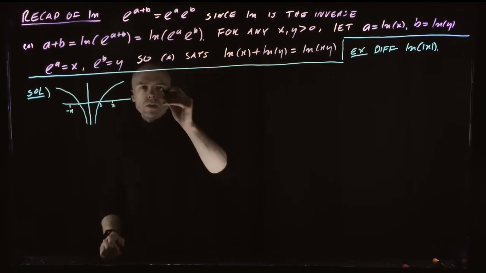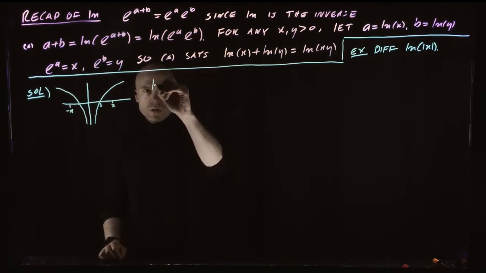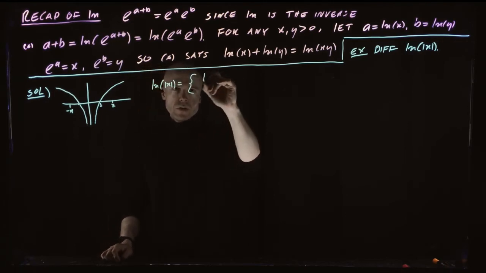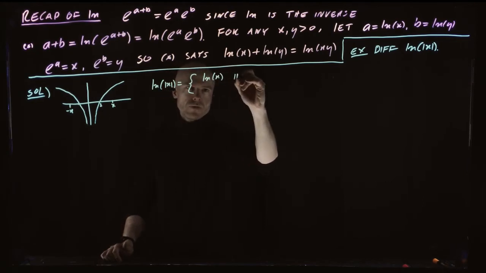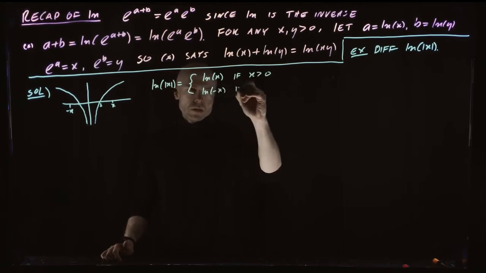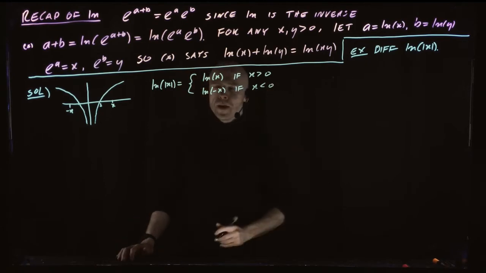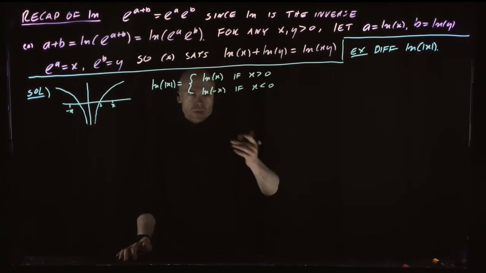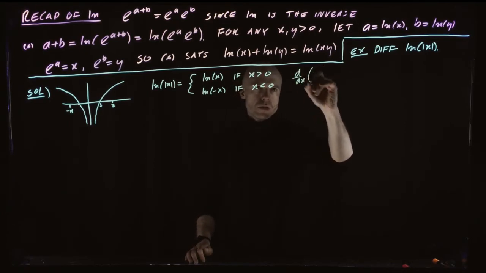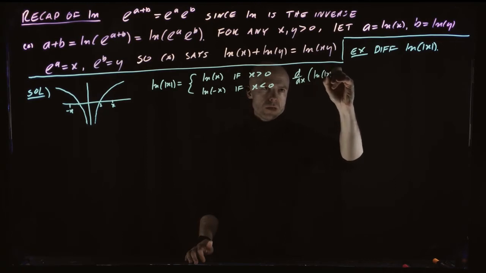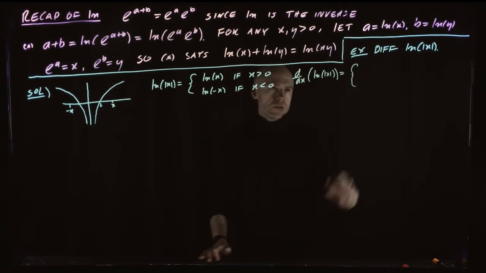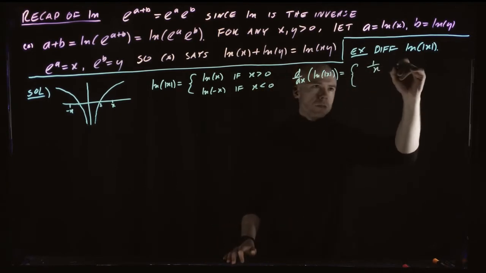All right. So let's actually differentiate it. If we think about what log of absolute value of x is, it's defined as follows. It's just log x if x is bigger than 0, and it is log of minus x if x is less than 0. Yeah? Cool. So if we differentiate it, let's break the two cases up. If we take the derivative of log absolute value of x,